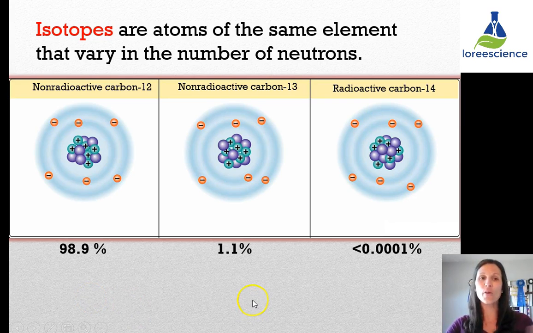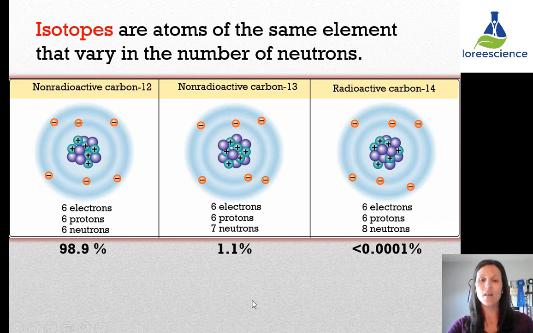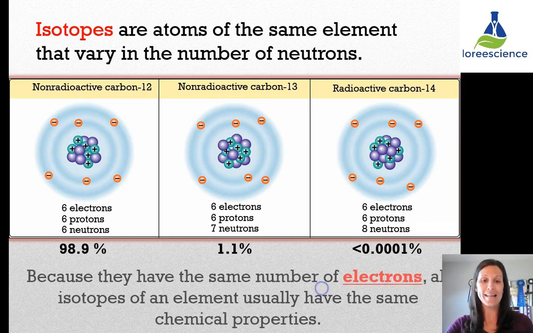But there are other isotopes or variations out there. Carbon 13 has 7 neutrons, carbon 14 has 8 neutrons. The numbers 13 and 14 are referring to their masses. Because they have the same number of electrons, all isotopes of an element usually have the same chemical properties